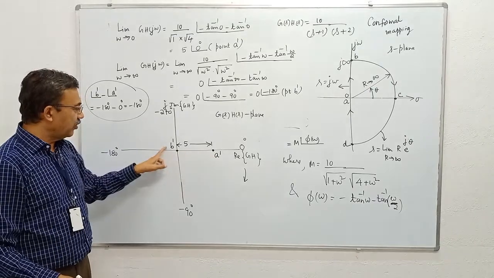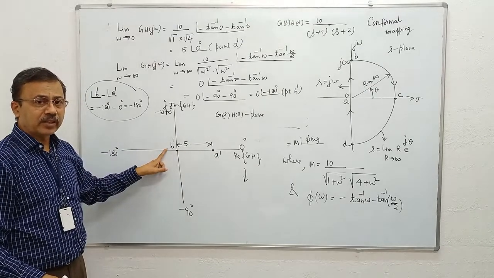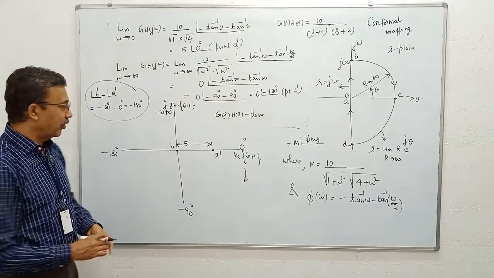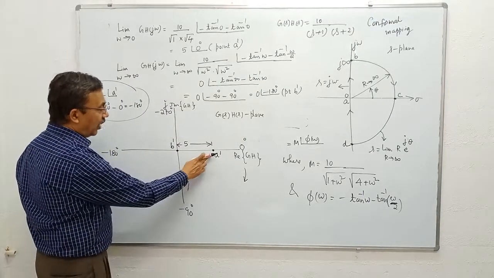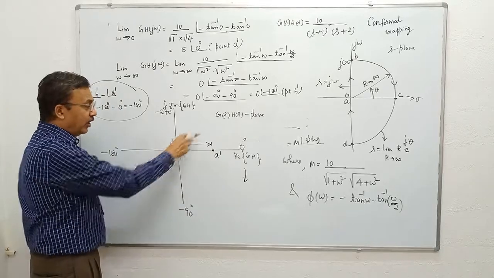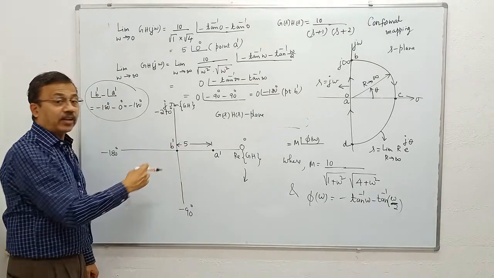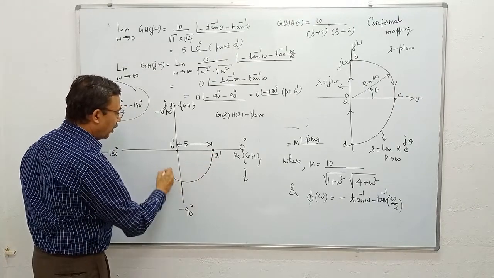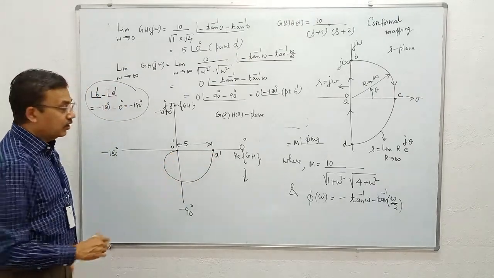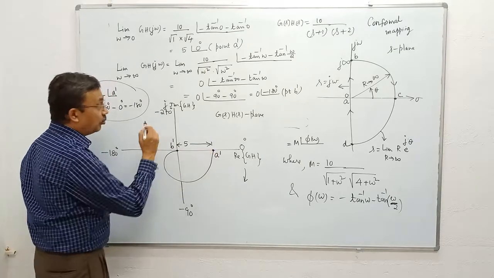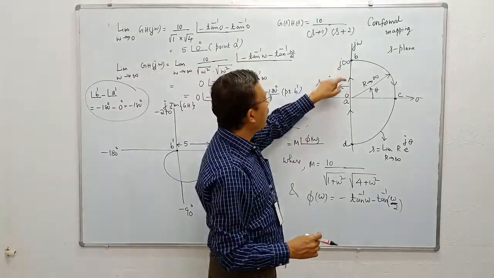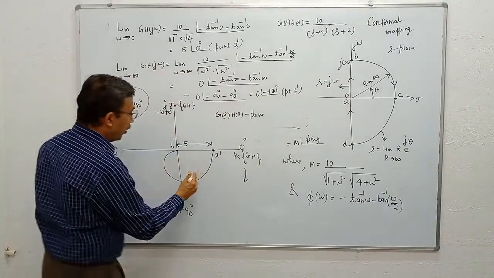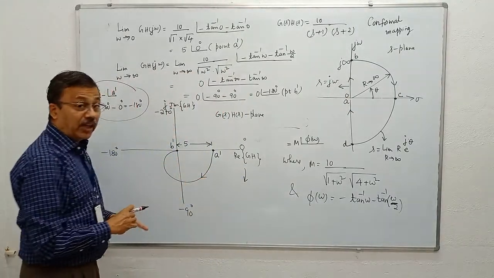connect points A dash and B dash in such a manner that the curve lies in 2 quadrants and you travel clockwise. So I will draw a smooth curve starting at A dash, ending at B dash, traveling in the clockwise direction, covering 2 quadrants. The shape of the curve is not important. Any shape is okay. So you have to start at A dash, end at B dash. If you look at this figure, the arrow is from point A to point B. Therefore, the image also, the arrow should be from A dash to B dash.